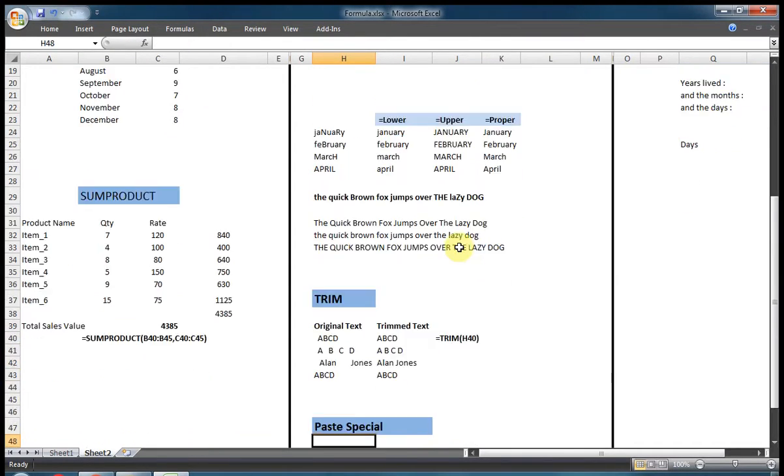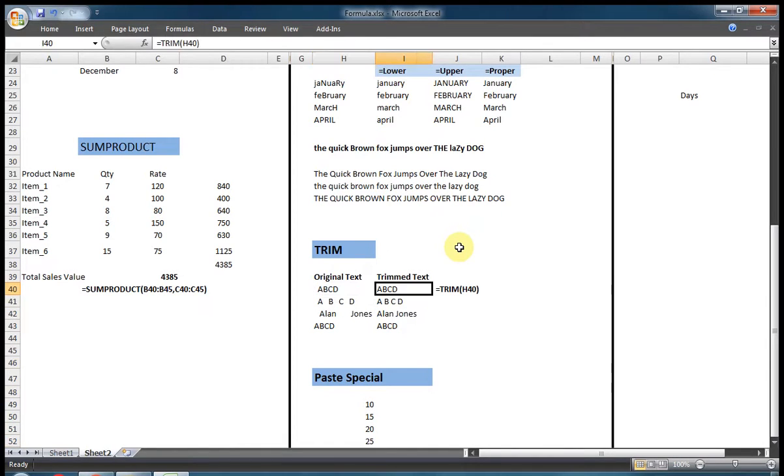Sometimes we export data and there is unnecessary space between words, so we use TRIM also. It can be useful sometimes.